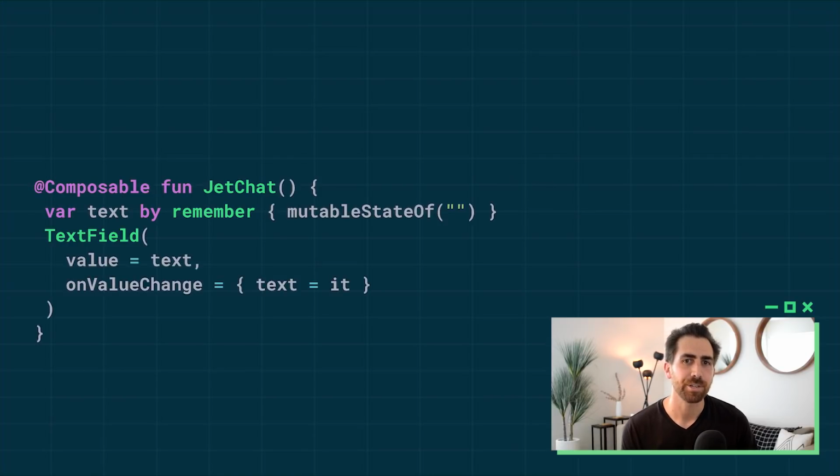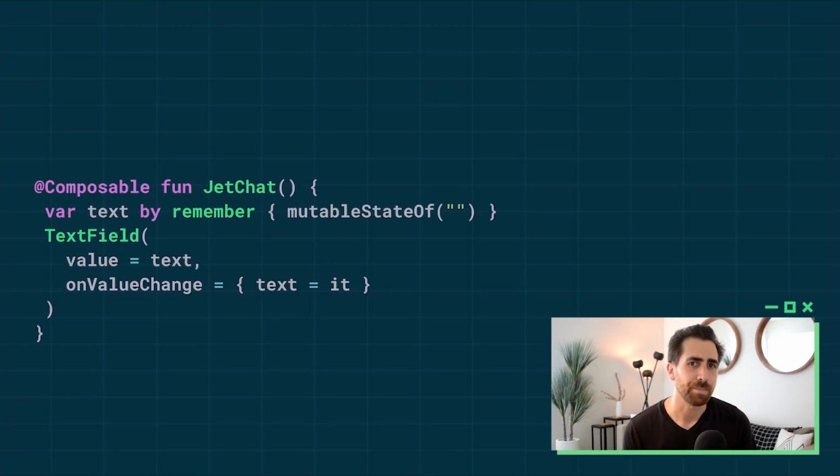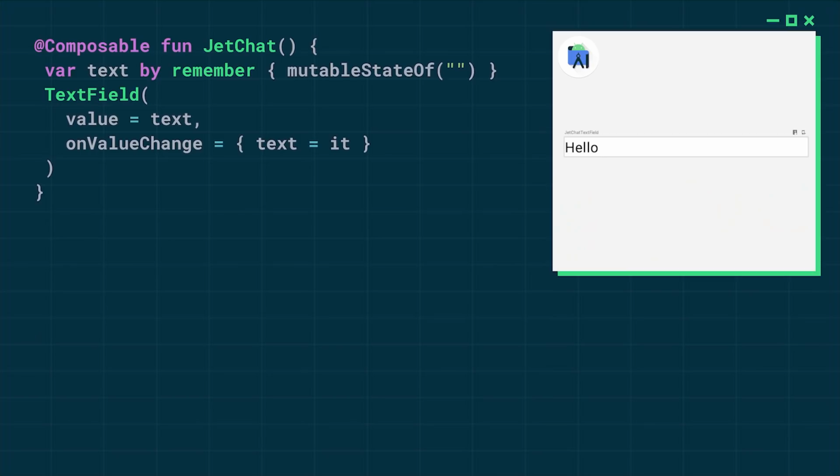So now if we want to desugar this example, we could take away the by keyword. And when we do this, the type of the text variable goes from String to MutableState of String. So anywhere we get the value of text before, we now need to replace that with a call to getValue. And similarly, we would replace all assignments of the text variable with setValue calls. And with state, the implementation of getValue and setValue calls are just the getter and setter of the value property. So this is equivalent to just using the value property. And so we see that using state with the by keyword is equivalent to just treating the state object's value as the value itself. So now, going back to our example, we have a working text field, which will respond